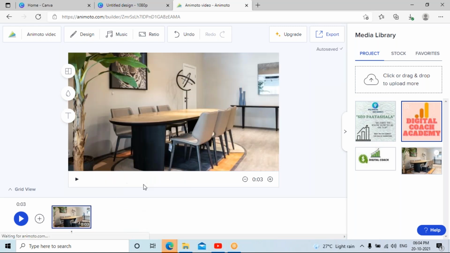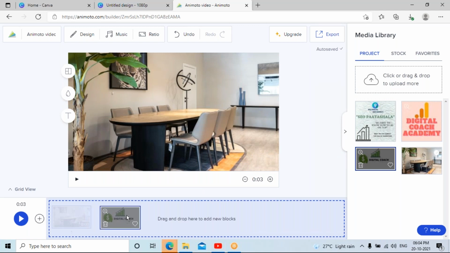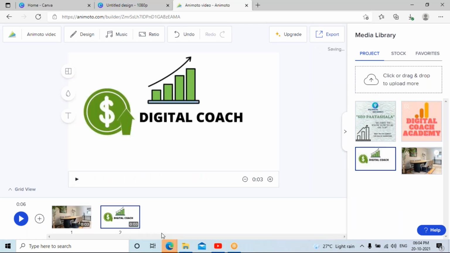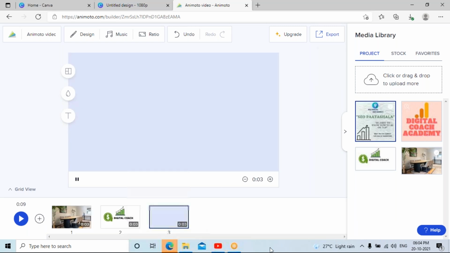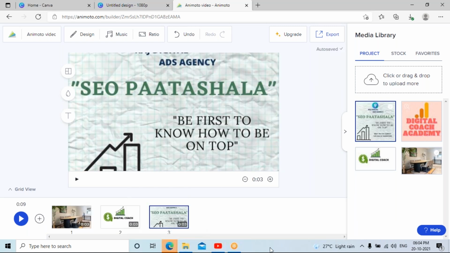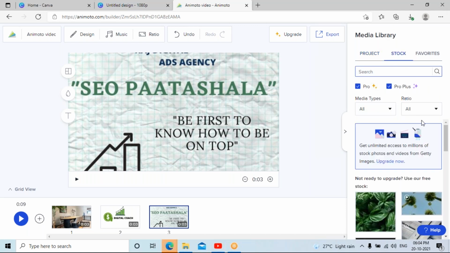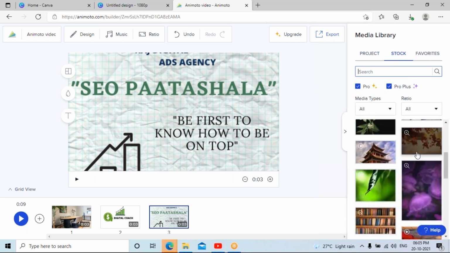If you think the content is not displayed in the proper way, if you want, you can add the stock images which are available over here.